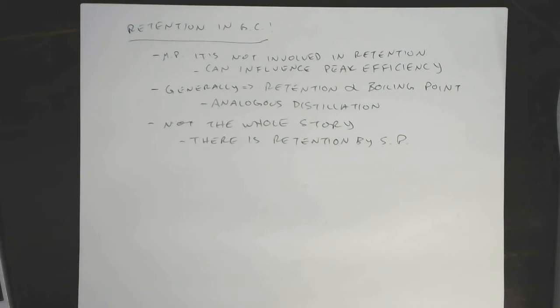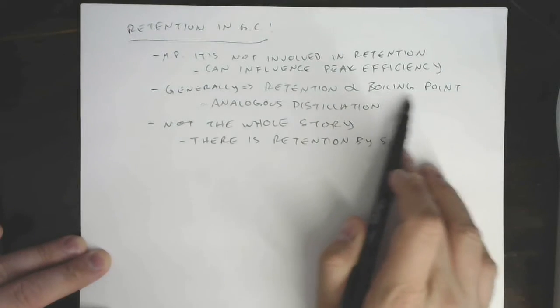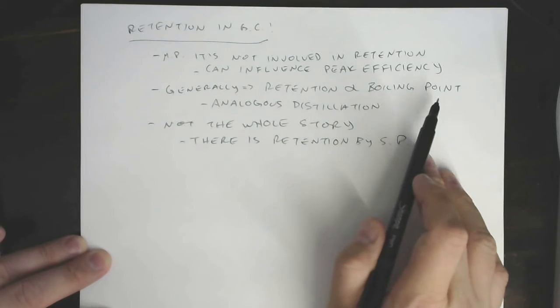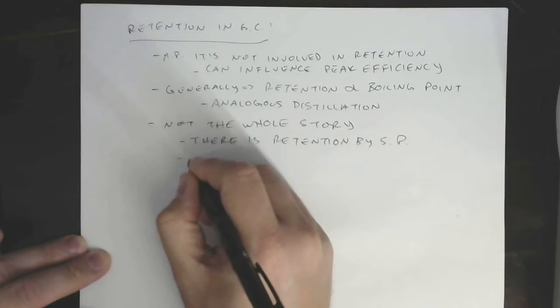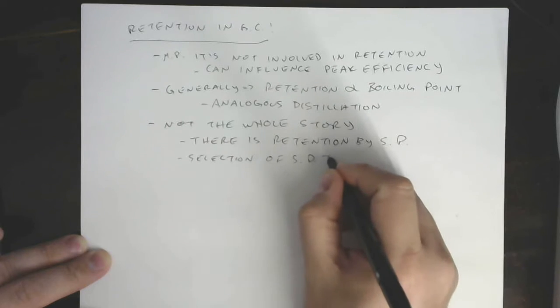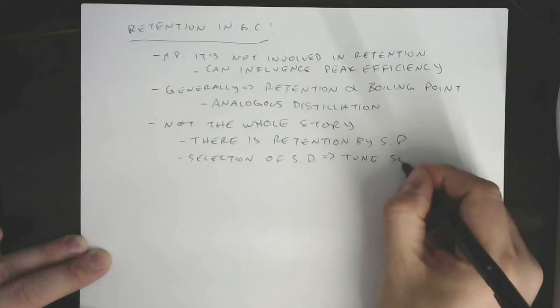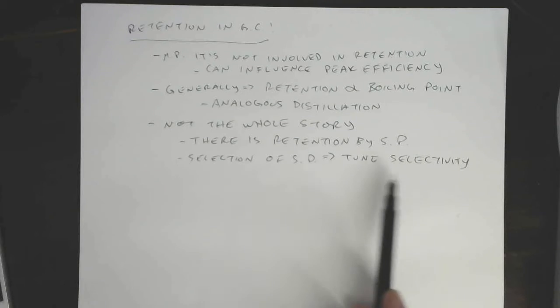But the bigger question is, how do those molecular structures affect this retention? Or in other words, how does stationary phase affect the retention as a function of the structure of the molecules? So obviously the idea here is that we're adding thermal energy to try and get these things volatilized into the gas phase, but we are also fighting with the intermolecular forces that lead to retention. That means that selection of the stationary phase can be used to tune selectivity of the chromatographic method, right? It can be used to make sure that a certain class of molecules have stronger retention than, say, a different